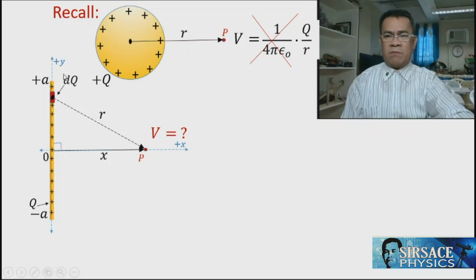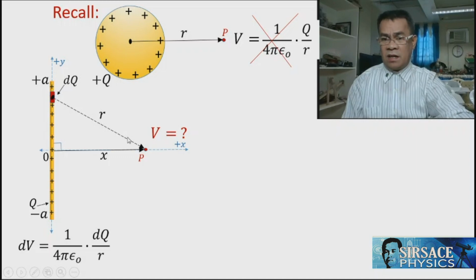Meaning, we multiply the electric constant by this infinitesimal charge dq, and take note that the whole charge is Q. So we multiply the constant by dq over r, where r is the distance from that point charge dq to P. The result is an infinitesimal electric potential, infinitesimal because we are using an infinitesimal charge. But if we integrate both sides, we will come up with the electric potential at that point as a whole